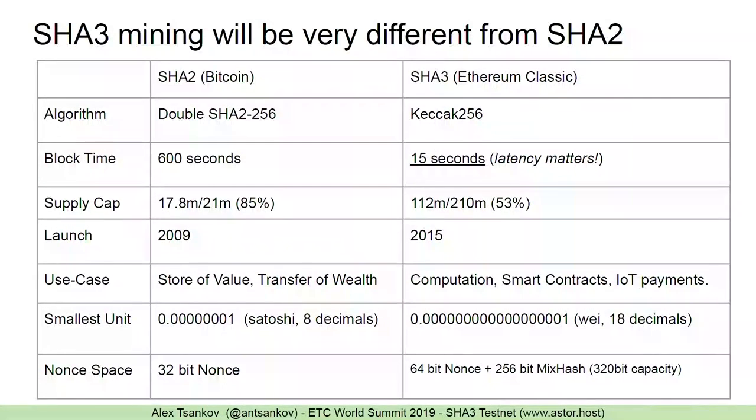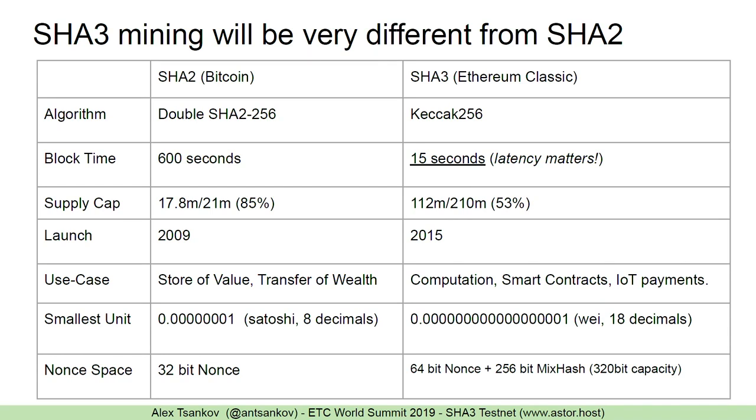So this is a really important spec sheet right here, which is basically looking at the differences between SHA-2, which is Bitcoin mining, versus SHA-3. And basically there's a few key differences that I think will lead to very different divergent market outcomes. So first of all, the block time on Bitcoin is 600 second blocks, while on Ethereum Classic it's 15 seconds. So I think this is going to lead to some very different mining operations because latency becomes a huge factor now. Because if it takes you 2 seconds to get that block to start mining and then it takes another 2 seconds to propagate that, well, you've already lost 4 seconds of your 15.